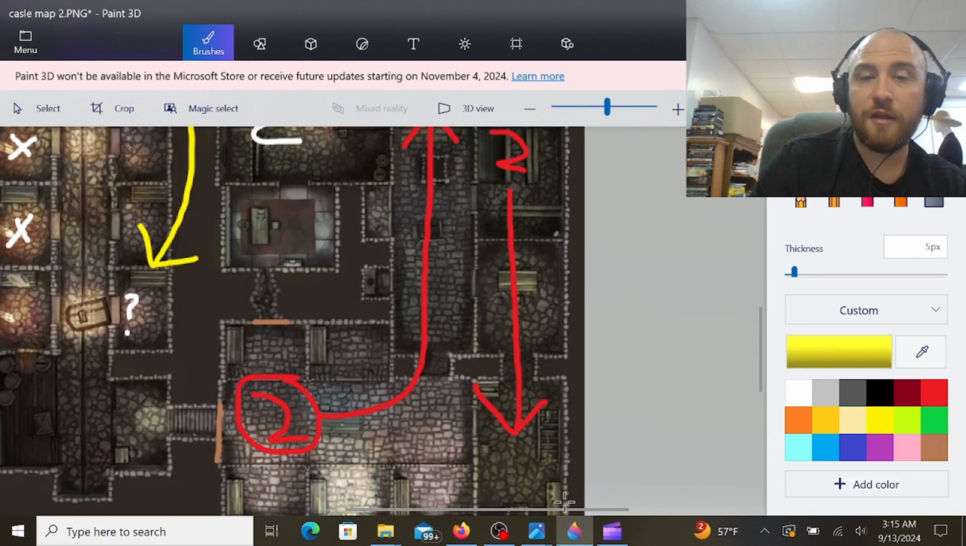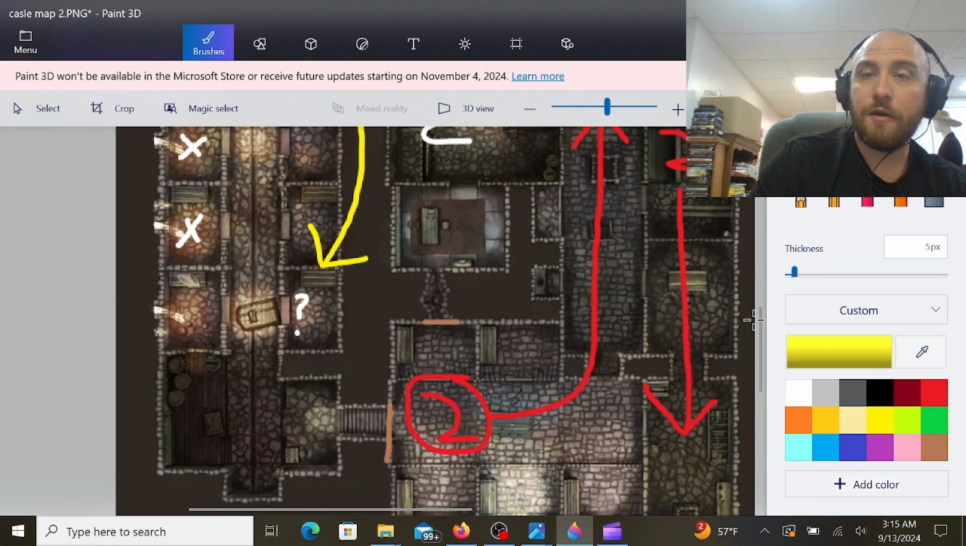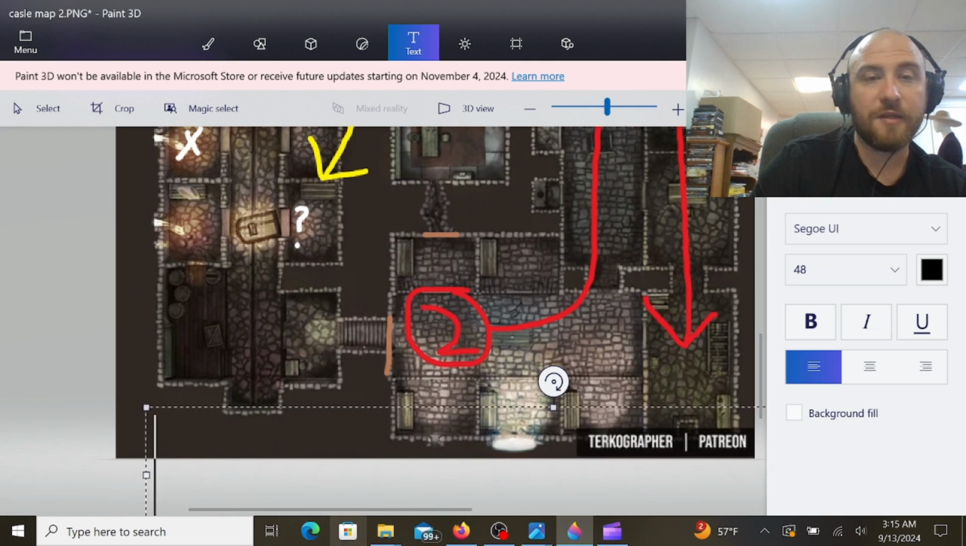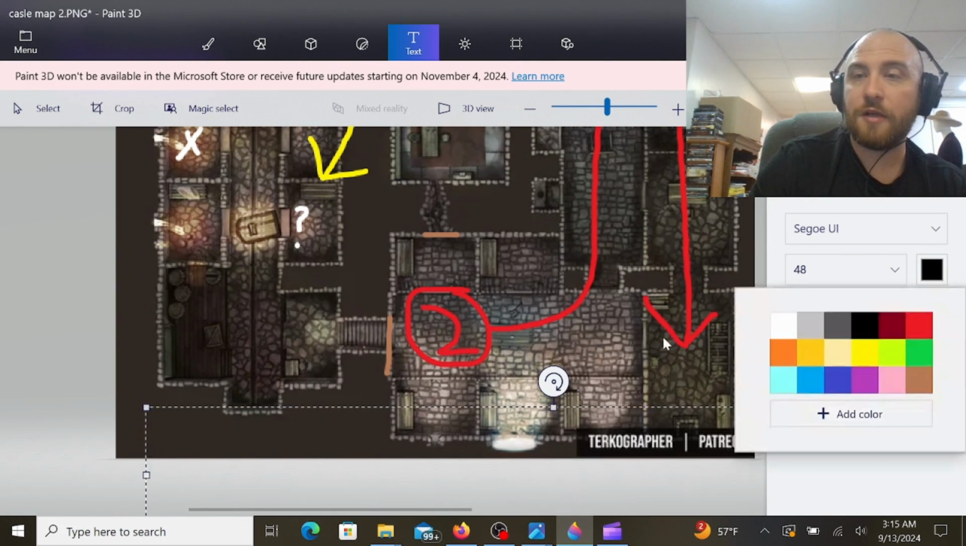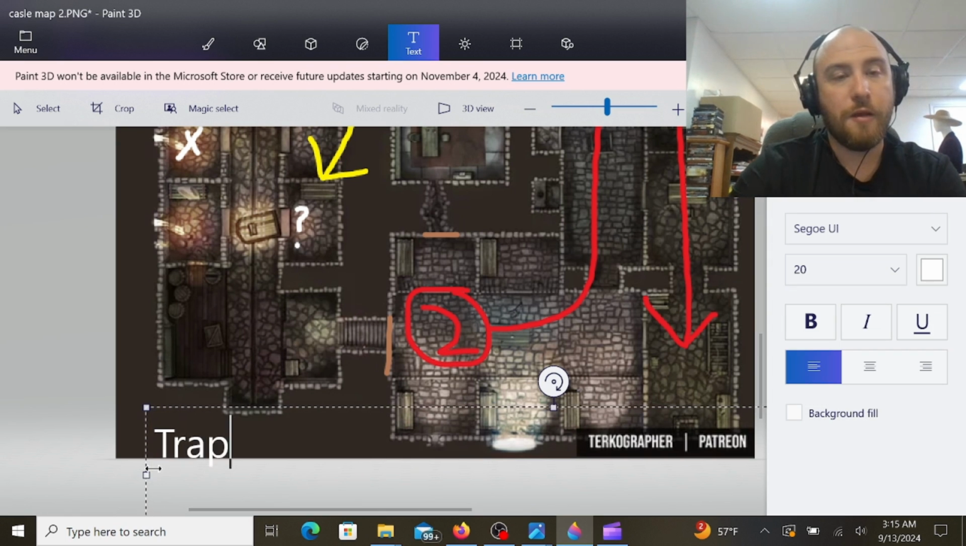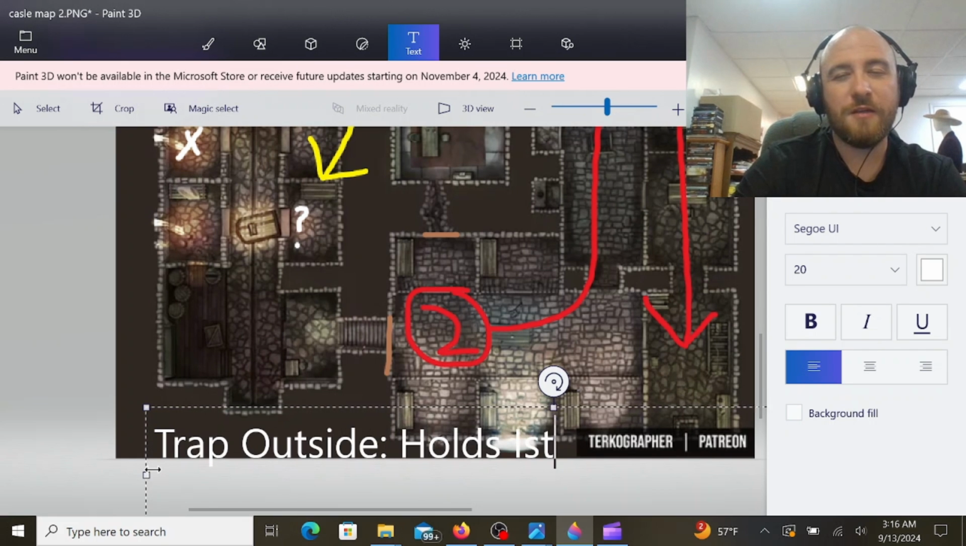Then one last thing that I want to do, and I'm actually just going to zoom in for myself and for my own use. I am going to say right here, let's just do text because it makes it easier. Going to make it white so it shows up. And then, of course, we're just going to make the font slower. But trap outside holds Istvan's